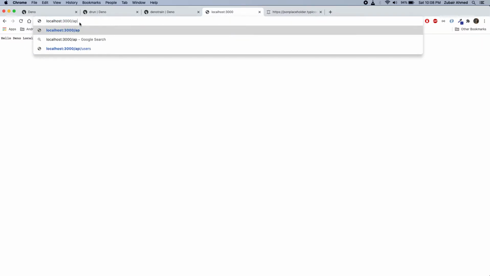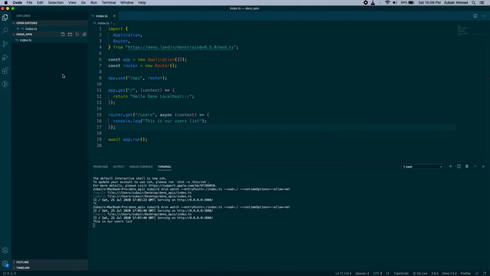So we will refresh that again. Okay, so this is our root, which is displaying hello Deno localhost. Then we will use /API as a root of our API, and then users. So it's saying that root get API users not found. So we will see what exactly the problem is.